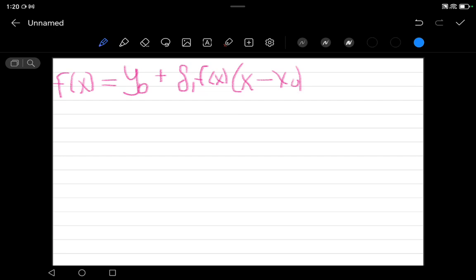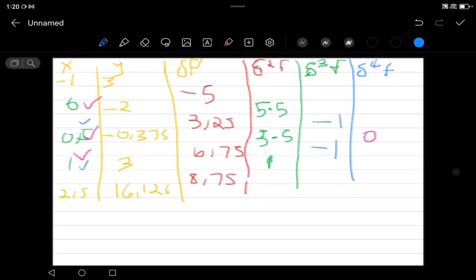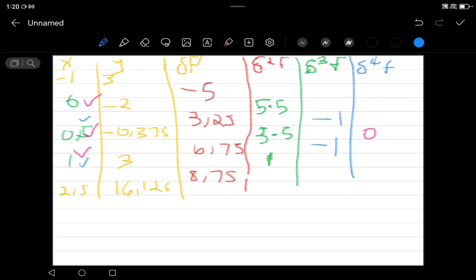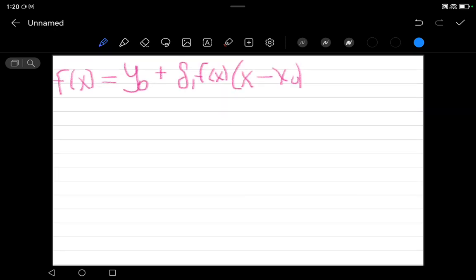So we stop where we stop on our table. Okay, so on our table we stop at the power of 4, which means we're gonna write our formula up to 4. Okay, so this is the first one, plus delta 2 f of x into x minus x0,